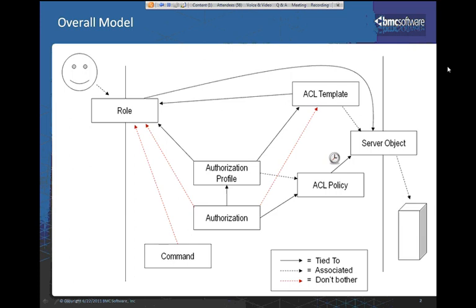Yeah, the way that we're trying to take this now, and I'm seeing this in several cases and I'd really like to see this done on a more standardized approach, is that we're always trying to produce an RBAC spreadsheet which has the auth profiles, the role to auth mappings, the roles, and the ACL templates. We haven't got as far as working with ACL policies, although there's a possibility to do that. So we have an Excel spreadsheet, and then we've got a bunch of Perl scripts that actually produce the BLCLI to